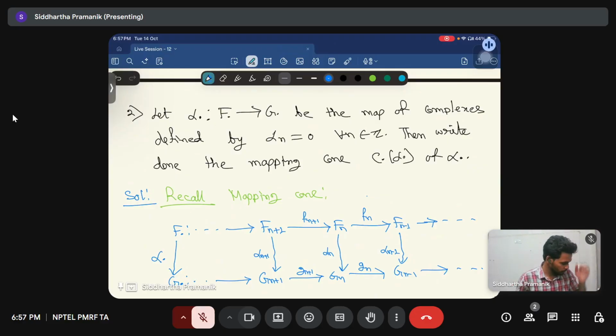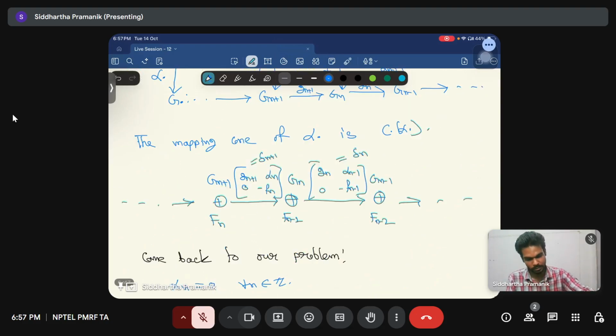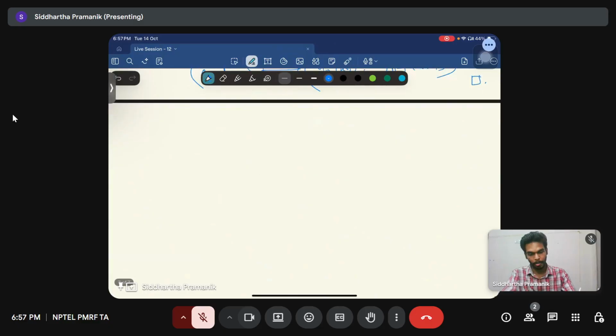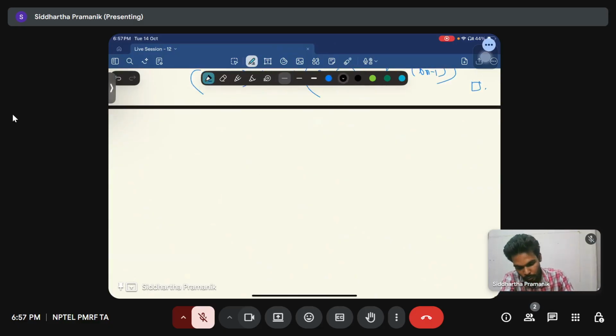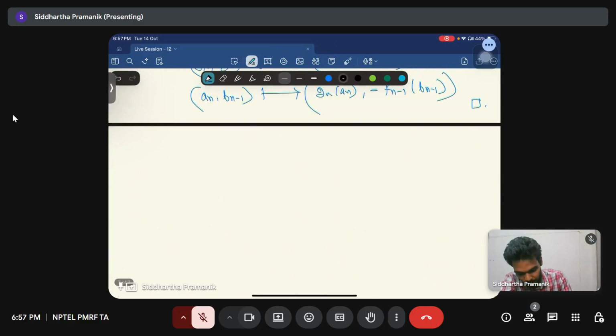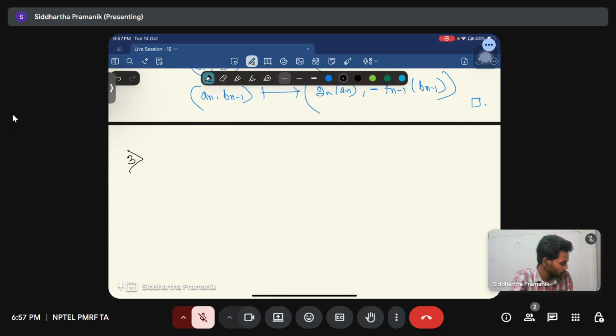Now let's see some problem on regular sequence. So problem number 3. Give an example of a regular sequence